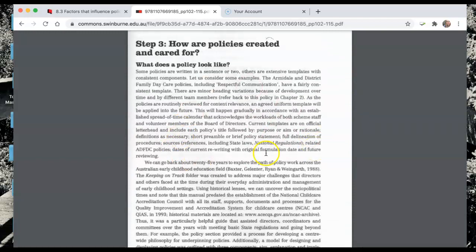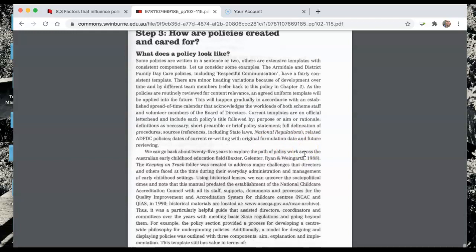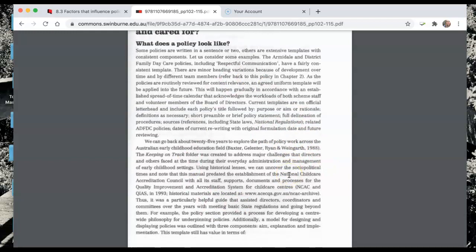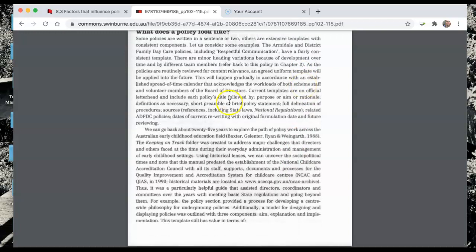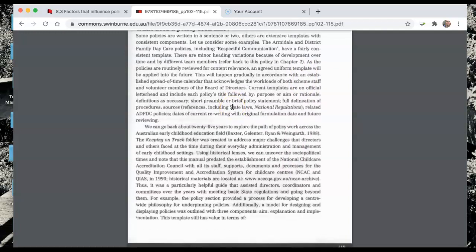But this middle part here, which says step 3, how a policy is created and cared for, goes into a little bit of what policy can look like. Now, as well as reading this particular section, because we all know that academic theory is great, but Google around as well. Your job for week 9 is to actually have a look at some examples that you can find. So if you can start looking at that and doing that over the weekend, ready for week 9, it's also going to hold you in good stead for assessment 2, because as I was saying in the little video the other day, you need to see what real policy looks like.